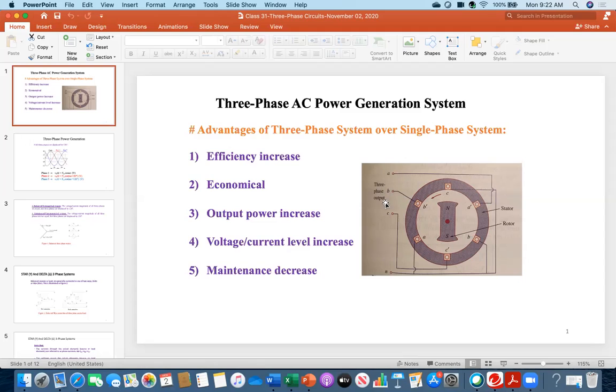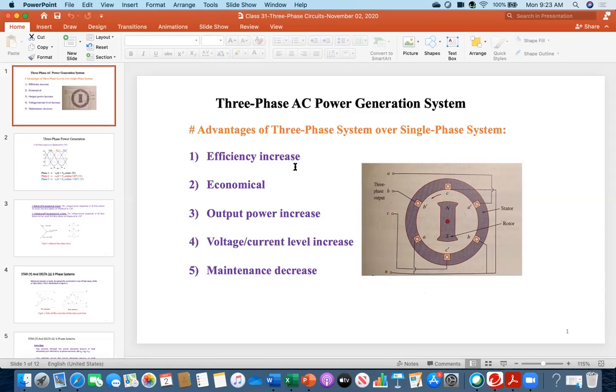Accordingly, it is called three phase, and there is one common point, where all three are connected, called the neutral point. So you know, even for a single phase system at your home, you have a phase and you have the neutral. I mean, you have positive and you have negative. Negative is called that neutral. So similarly, in case of a three-phase system, there are three sets of coil, and one end of each is connected, that is A, B, C, and then the remaining terminals are connected with the neutral. So this is the three-phase system. So then what is the benefit that you are getting?